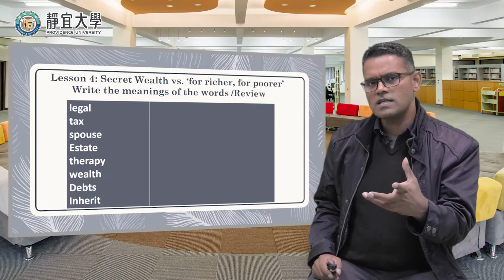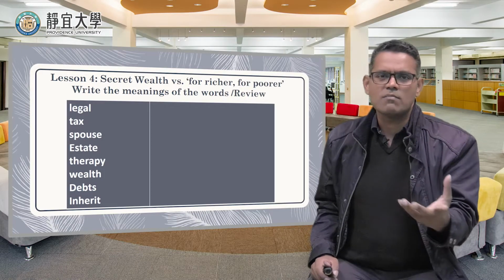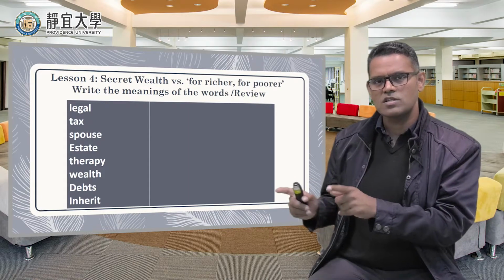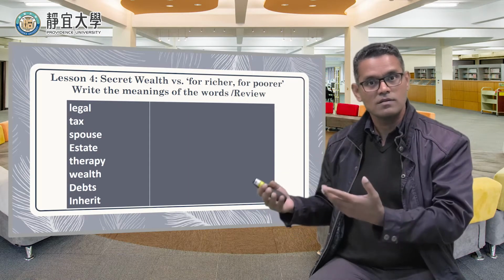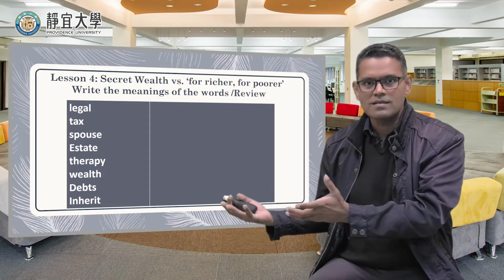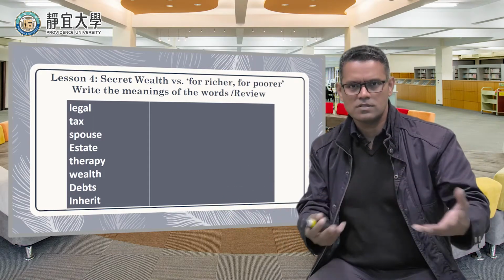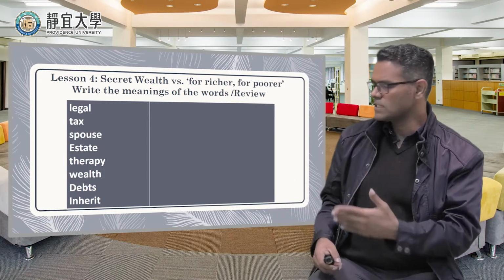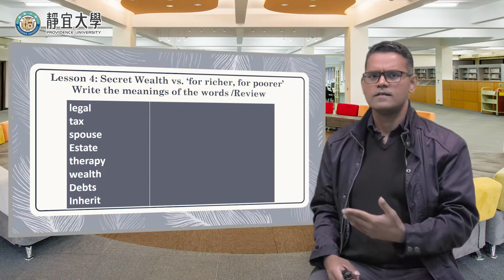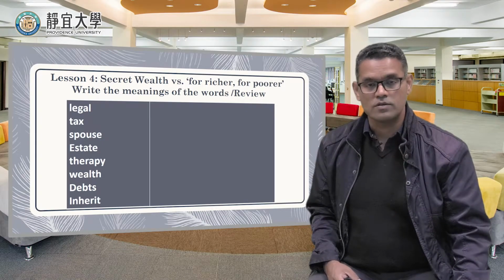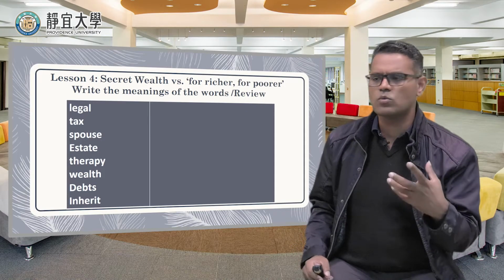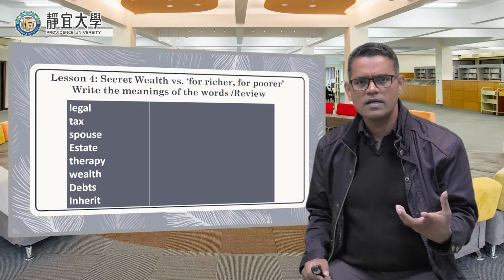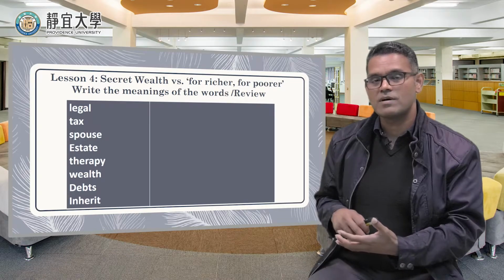So if you don't have any idea about tax, you can't say much about tax, right? But now you read something about tax in the news article, so you can say the same thing, what you read. Try to talk about it, right? So income tax, right? Spouse, estate, therapy. Now if you know the word spouse, husband and wife, maybe you don't have to talk too much about it, right? But then this article, what does it talk about spouse?